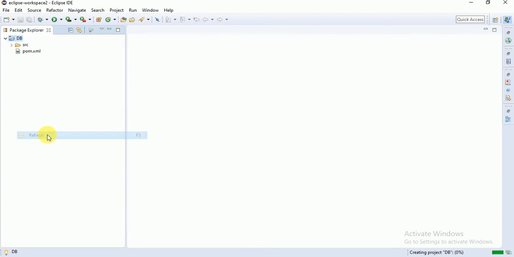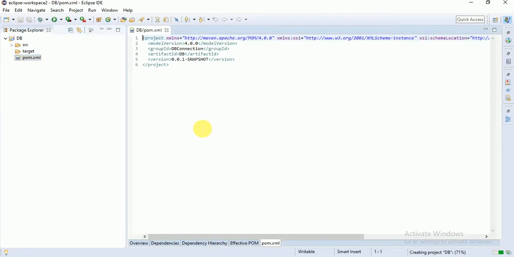Fine. Next, what we need to do is, in the pom.xml, I want to add the dependencies. I don't want to add the jar files manually. In the POM already we know, right? We need to provide just the version numbers here. Automatically jars will be downloaded and available to us. Whatever jars you require for database connection, all those dependencies I'm going to put into this pom.xml. Then Maven will take care to download all those jars automatically and make them available to our project.